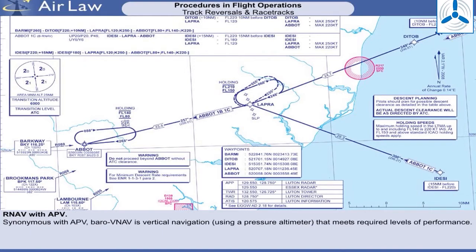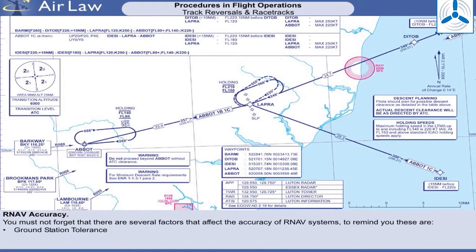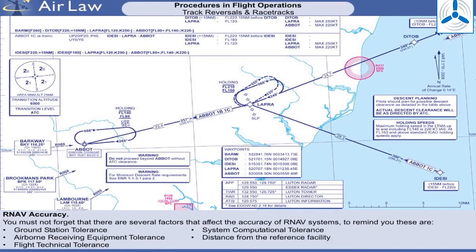Another term associated with this type of procedure is Baro VNAV, which is, of course, vertical navigation of the RNAV system, using the pressure altimeter. You must not forget that there are several factors that affect the accuracy of RNAV systems. To remind you, these are ground station tolerance, airborne receiving equipment tolerance, flight technical tolerance, system computational tolerance, and